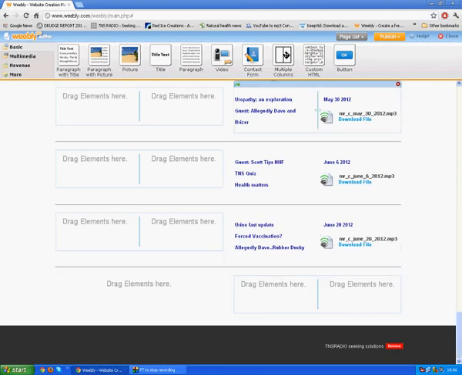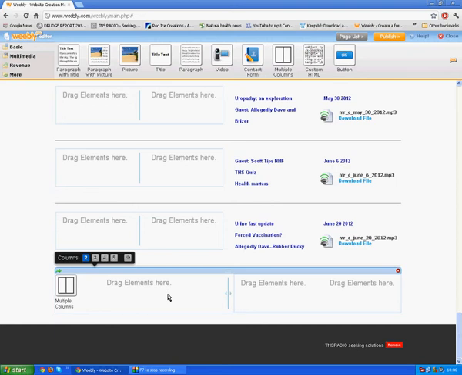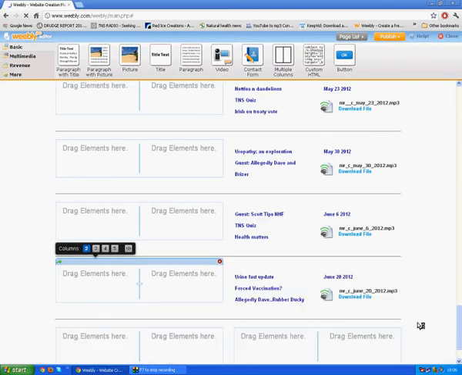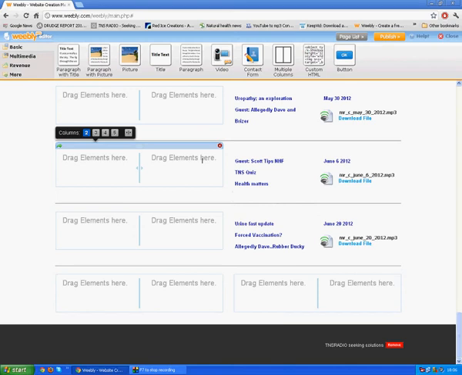But once it's appeared, I then do the same the other side and let go. At this stage, what I would do, and what I suggest you do too, is at this stage now you've got a place to bring your pre-edited podcast to. Go back up to the folder options here, select multimedia,